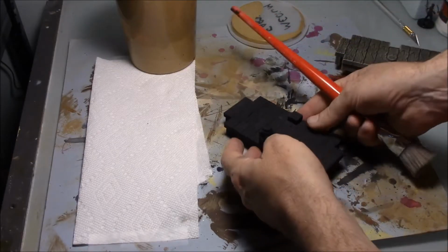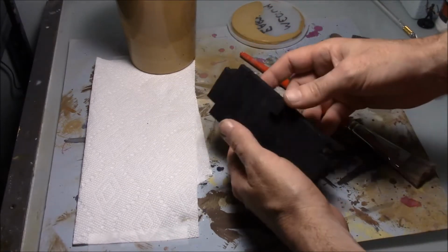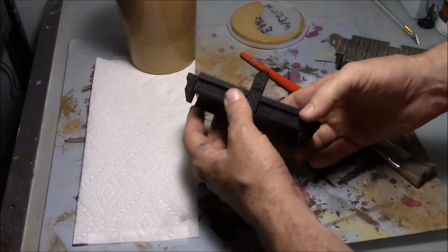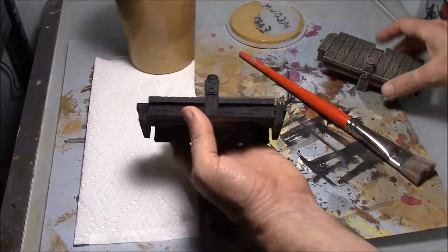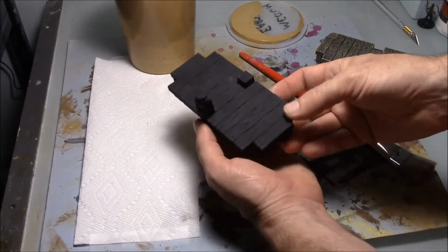Okay, this is going to be a really quick dry brushing demonstration on how to paint the dock pieces. I've already covered this on the half timber houses, but I figured I'd just do it again for this project if you're not familiar with the other ones. Here's a piece that was assembled incorrectly. This post is actually supposed to be down and raise everything up, and I glued it together wrong, so this piece is going to be thrown away, but I thought I could still use it for an example